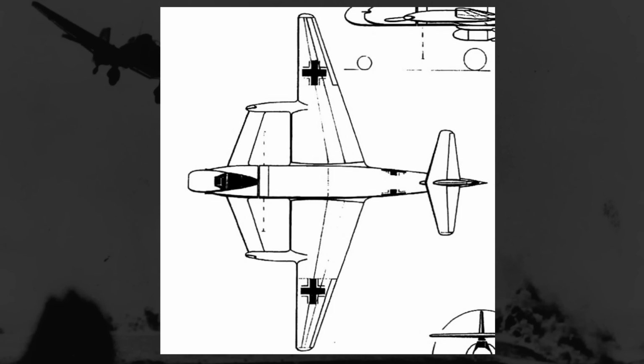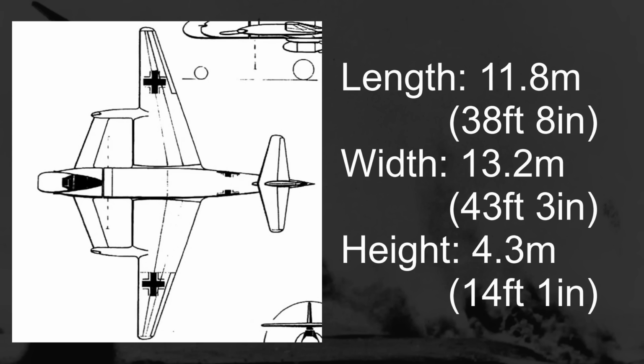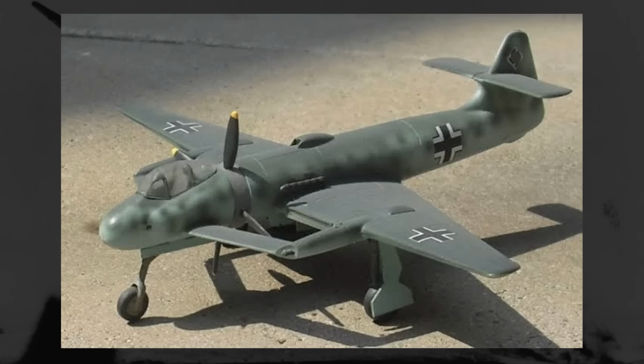Ignoring the location of the propeller for now, the general design of the 192 was both very odd and relatively practical. Measuring in at 11.8 meters long, 13.2 meters wide, and 4.3 meters tall, the 192 would have a low-set wing around the middle of the fuselage, with a straight leading edge and a strong taper on the trailing edge that gave it a quasi-forward-swept appearance. The tail was a pretty standard sort of T-tail design that had the horizontal stabilizers halfway up the vertical stabilizer. The cockpit, with a bubble-style canopy,